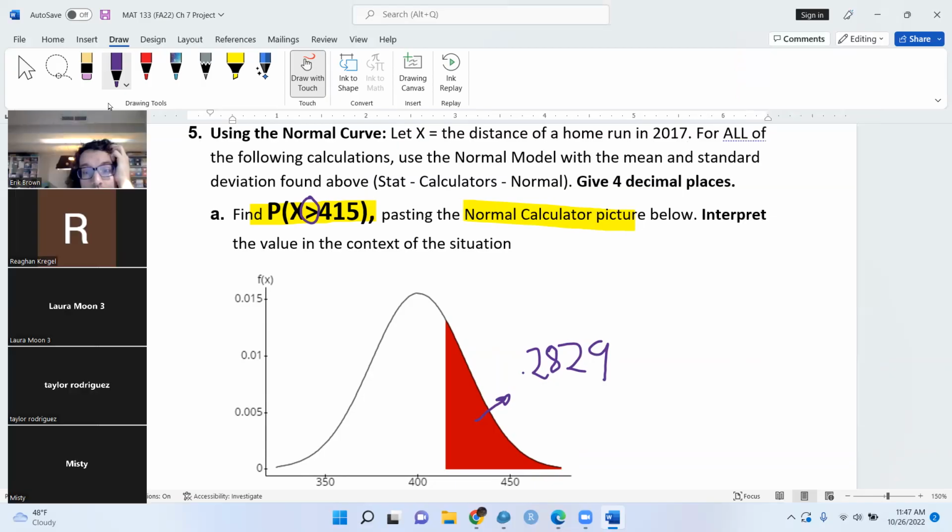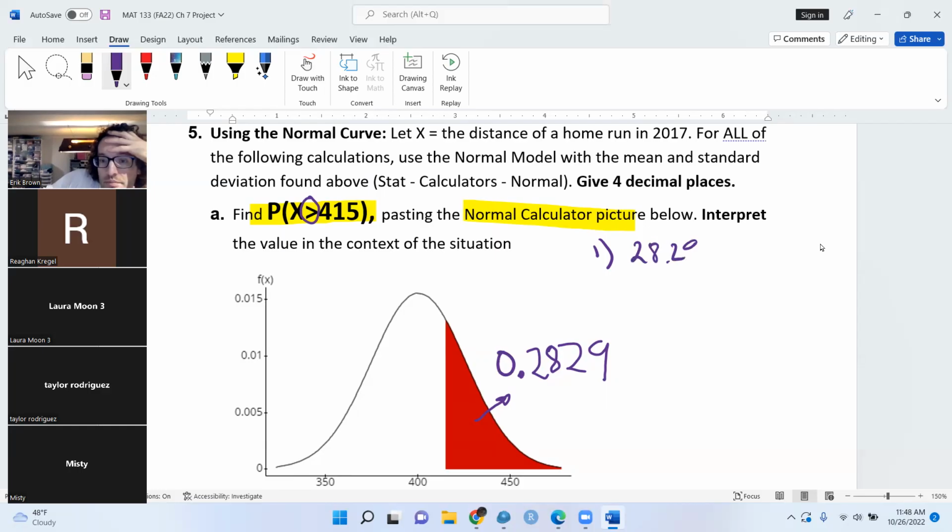So there are 2 interpretations for this. I'll write both of them, and you all decide if you like them. The order that we've been doing them is, the first one was always proportion, the second one was always probability. Doesn't matter. I'm just keeping the same order. So this we can convert to a percent. And that would be, in terms of proportion, 28.29% of all